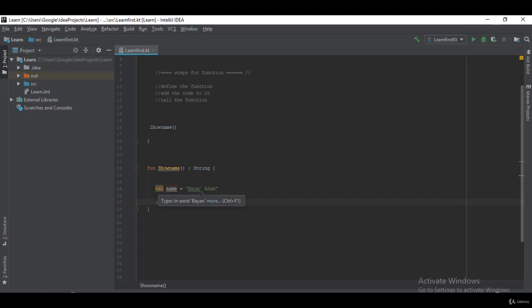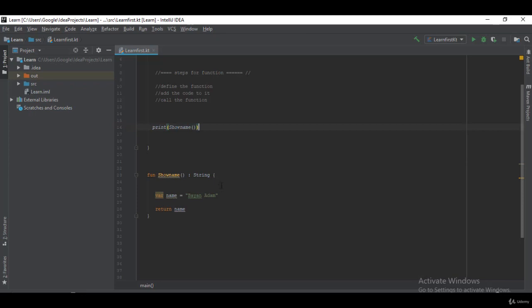Here we are returning Bayan Adam, and it's been saved in this function. So if we call it, it doesn't work like this. We are not going to get anything. But if we type print and then the name of the function, it's going to print the value that's been saved inside this function,